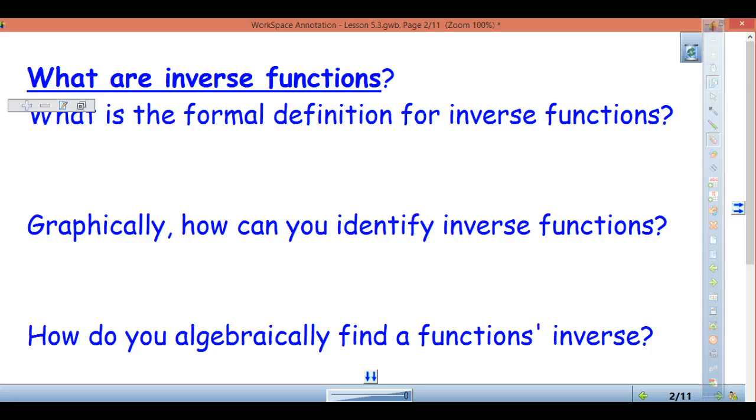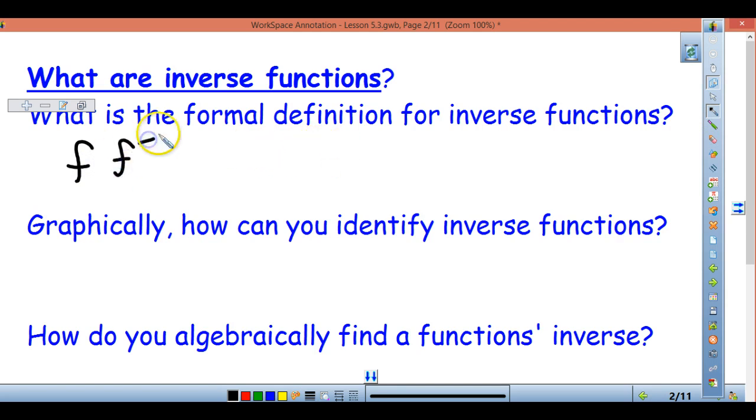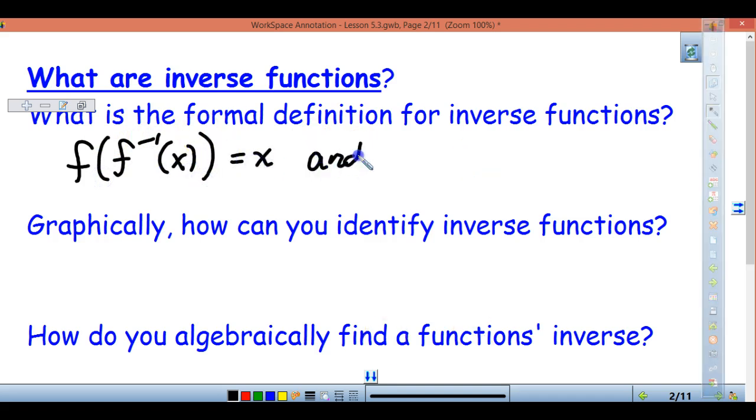So you may remember that as the fact that the x's and y's are switched using those two variables. The more formal definition for inverse functions, however, is if I have some function f and its inverse, written like this. So if I have f, I would refer to f's inverse with this notation. Well, f of f inverse of x is equal to x, and f inverse of f of x is equal